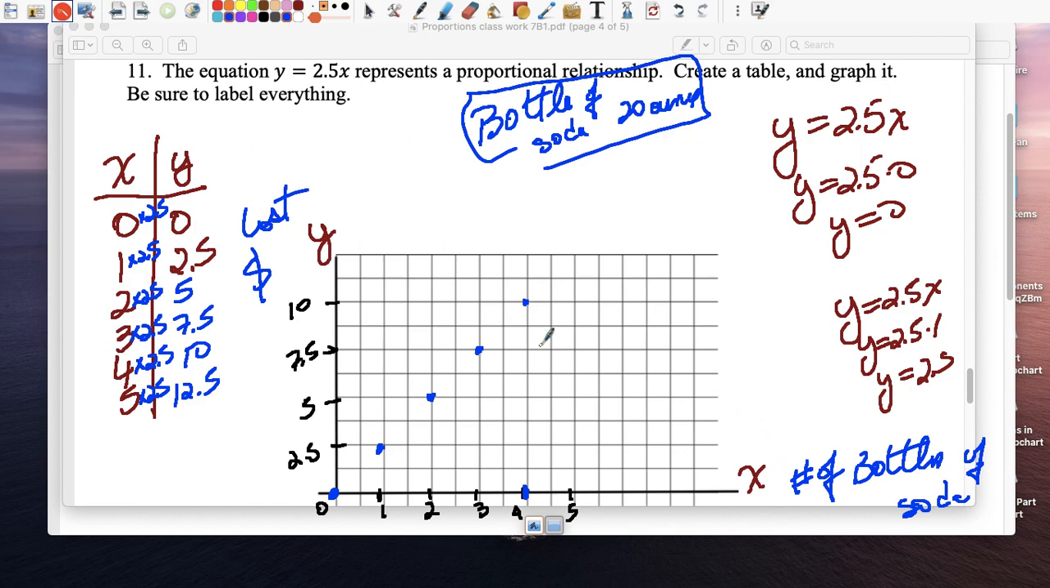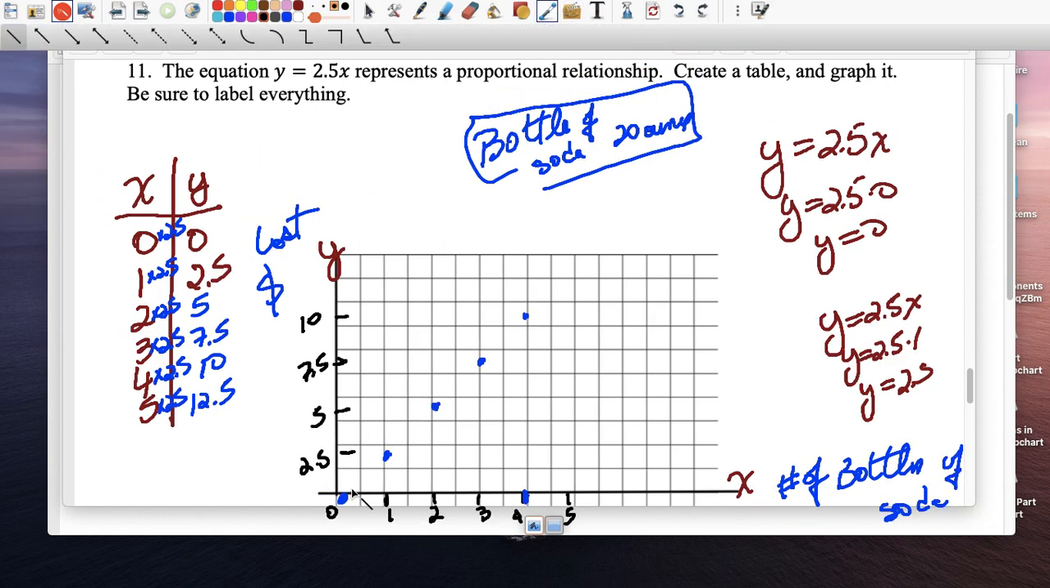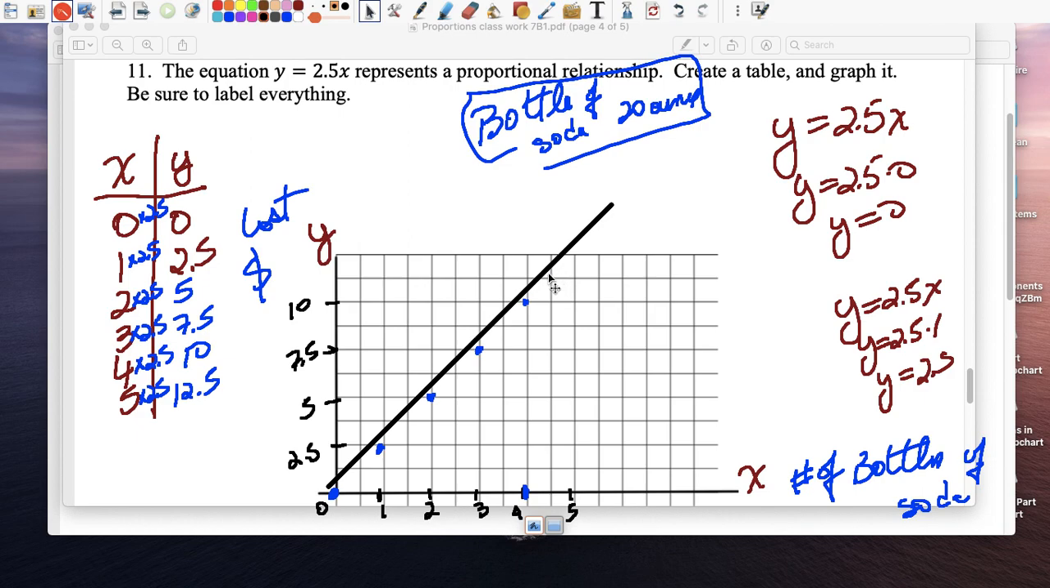Okay. Am I missing something? Create a table, graph it, be sure to label everything. Okay, sorry, I did forget something. Just make that there, put an arrow here to continue to say that it goes on forever. Here are some points. I gave it a title, labeled my x-axis, my y-axis, and here's the name of my